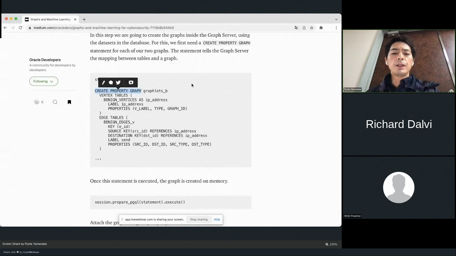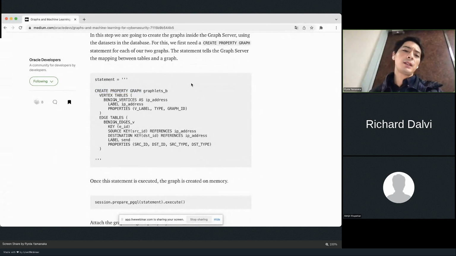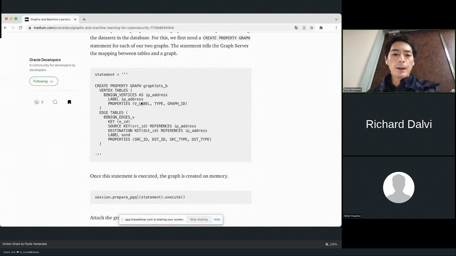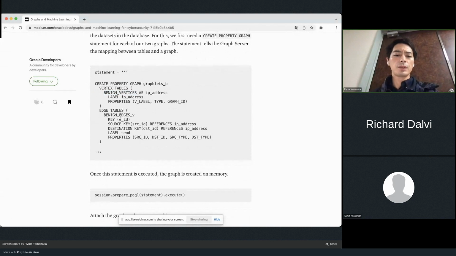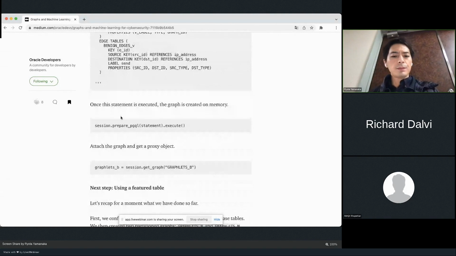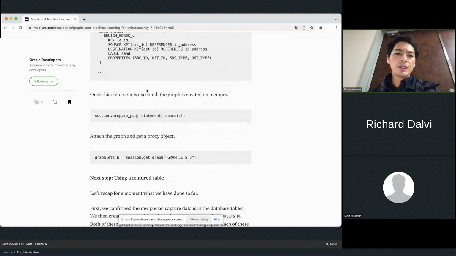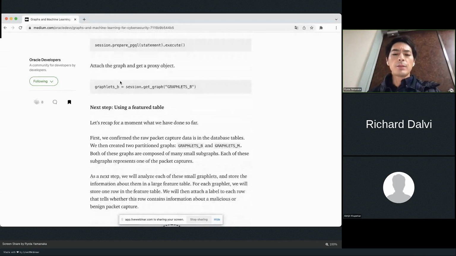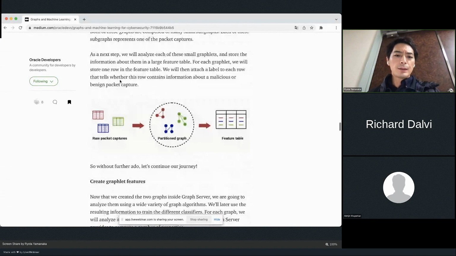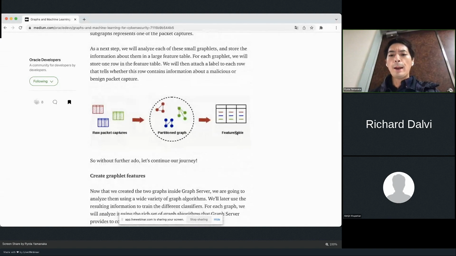This is a declarative way to convert table data into graph. From the vertex table, we can create nodes, vertices, and the edge table has the transactions between those nodes, right? Then we can execute this DDL to create many graphlets,